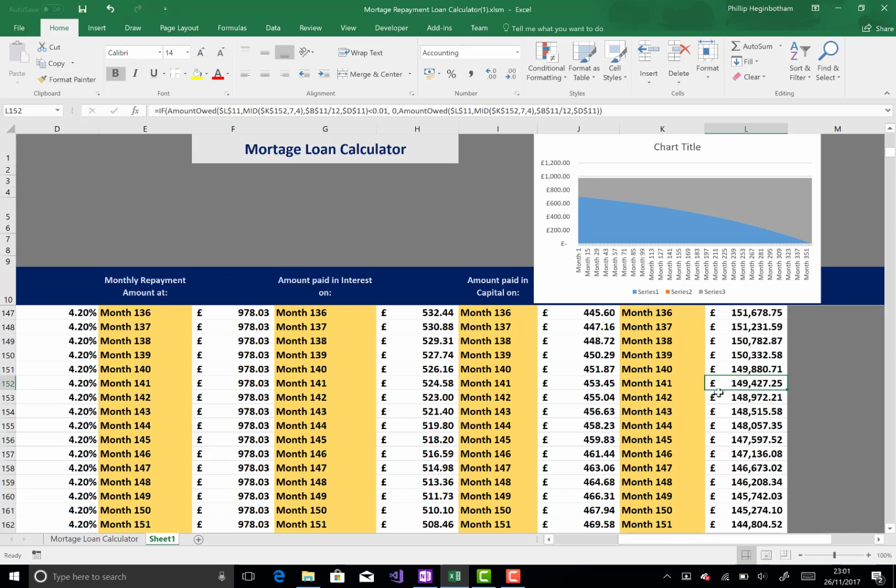You'd have paid 137,000. So in month 141, we'd have taken the 978.03 we pay each month and multiplied that by 141 months. We've given them £137,902 and 23 pence, but yet we've only paid off